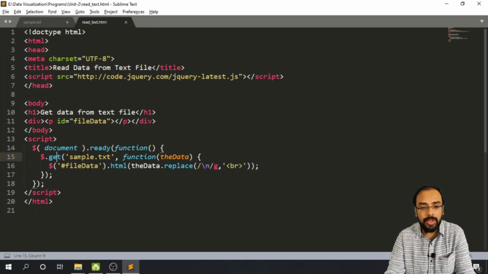So what we are doing, that particular data which is obtained, we are writing it into this paragraph tag. So for that again we have taken a function in which we have passed our data, that is the data. And what we want to do, we want to write that particular data inside this p tag, so we have to refer to its ID. So for referring to the ID, again we have to use dollar, enclosed within single quotes we have to specify the ID name, that is file data. So both these names should be the same.